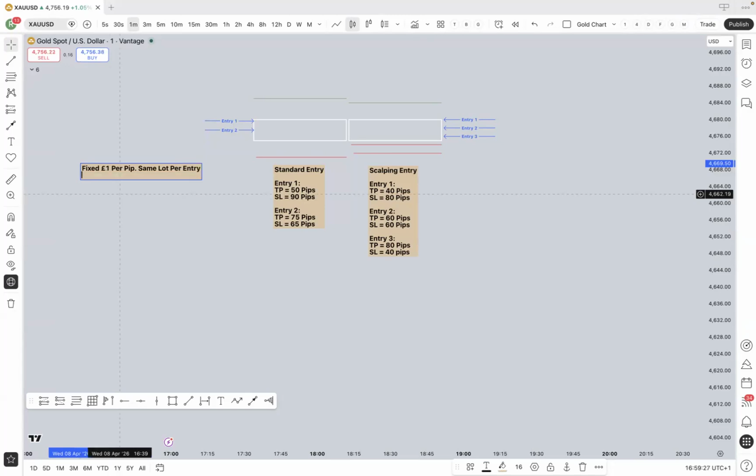Now what that's going to do is on entry one, that will mean that your take profit and your stop loss. Sorry, I'll tell you what we'll do. This will make it easier. If we do failed, so if this level fails, your entry one